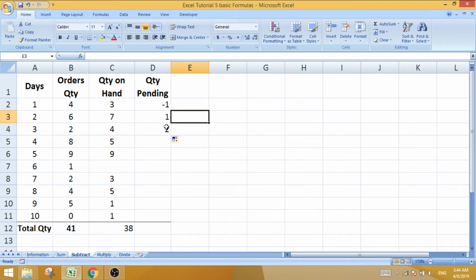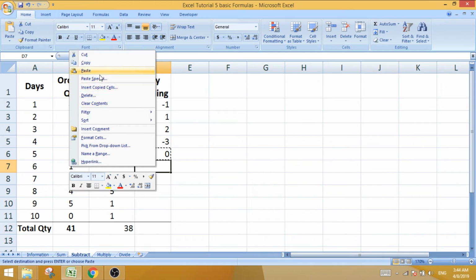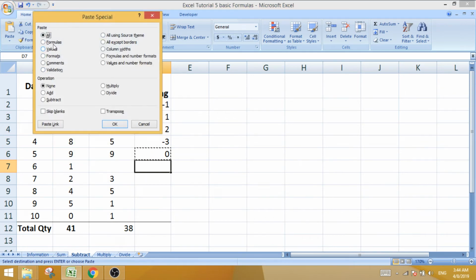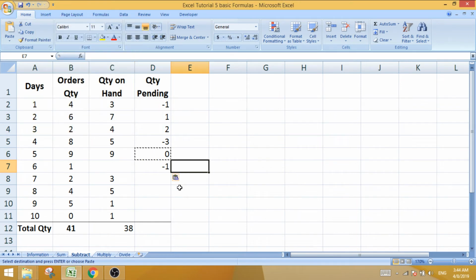Now it makes sense. Now we're saying we're missing 1 quantity on day 1. We have 1 extra on day 2 and 2 extra on day 3. So same thing we could do, we could drag it down. You can copy and paste. We can copy and paste special values. Sorry, formulas. Paste special formulas. We can double click, but remember that messes up our